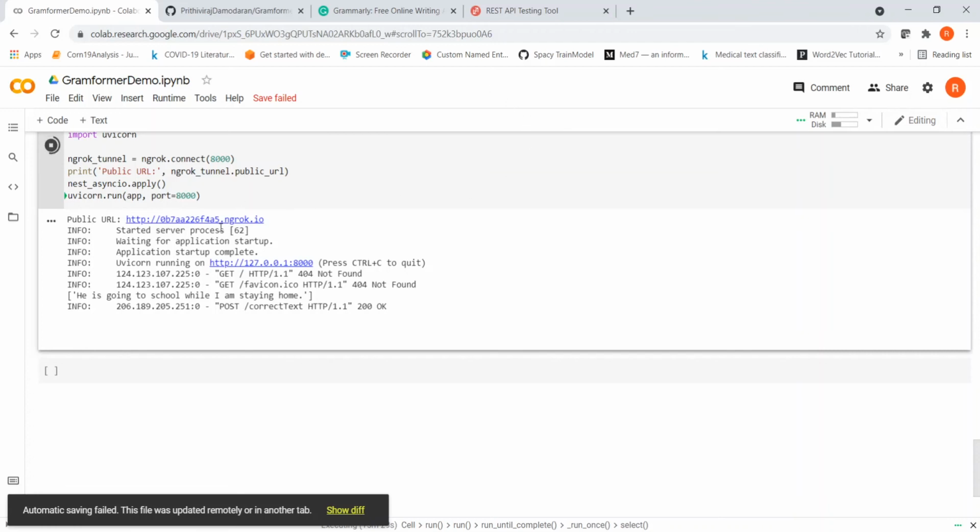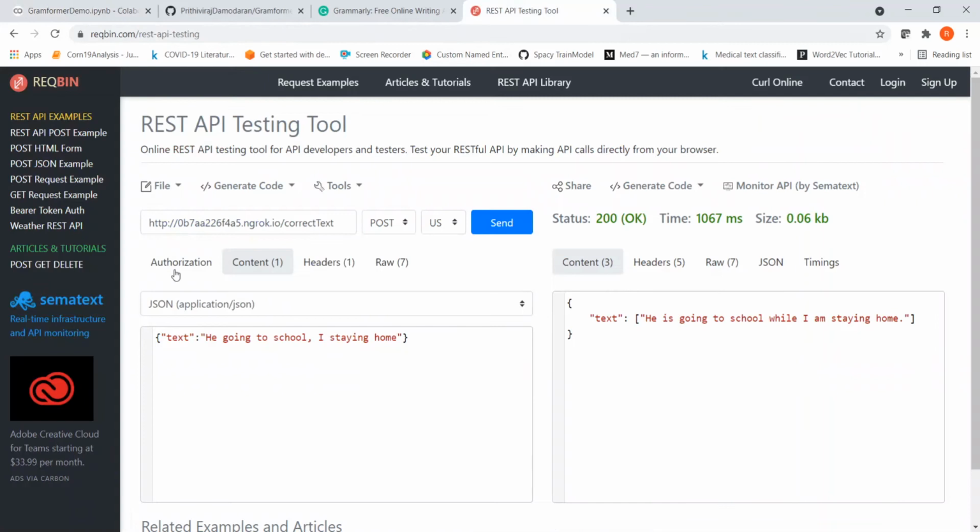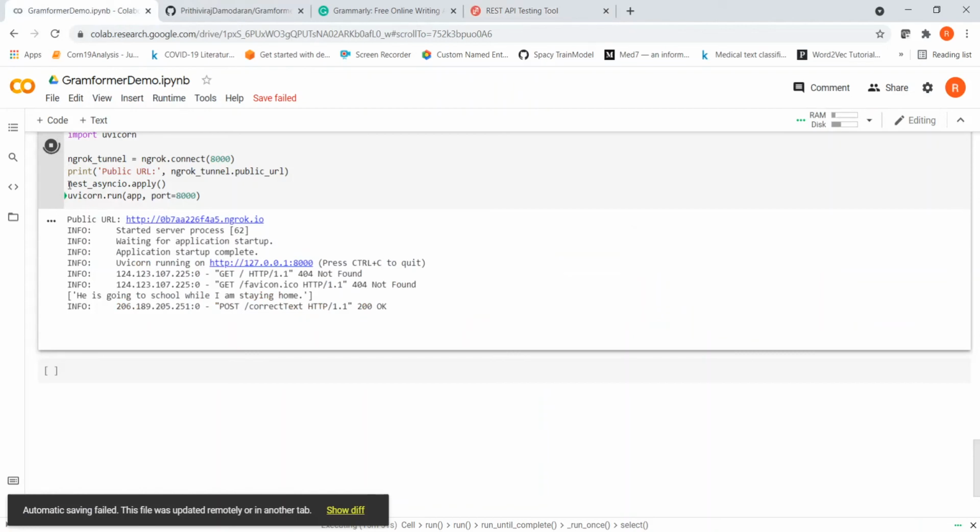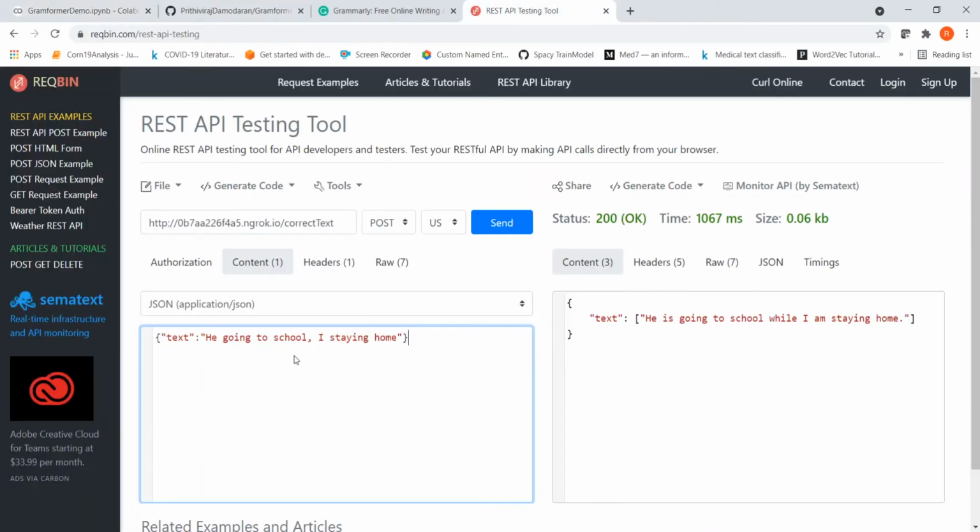So let's go to a REST API testing tool, and what we do over there is a post request, and my method is correct text, that is the endpoint, right? To that endpoint I am passing my text. I have to actually run the server over here, which I have started running. Once I do this, I say, okay, "he is going to school," let me remove this, and let's send this text and see what comes as an output,